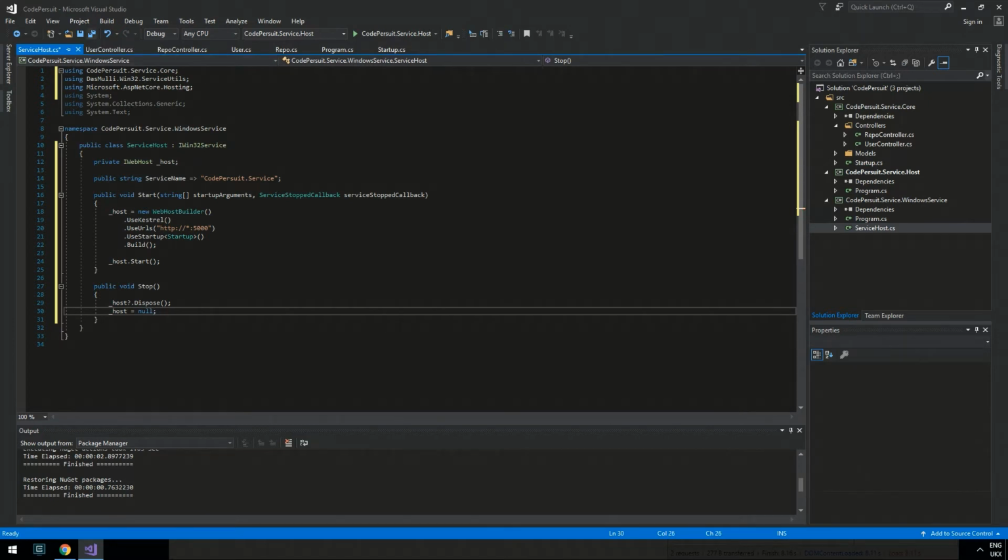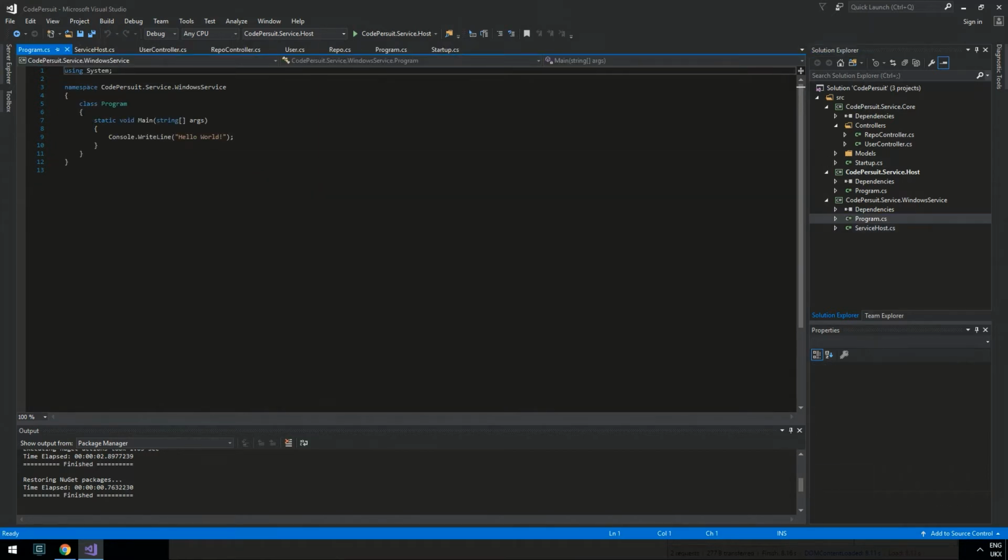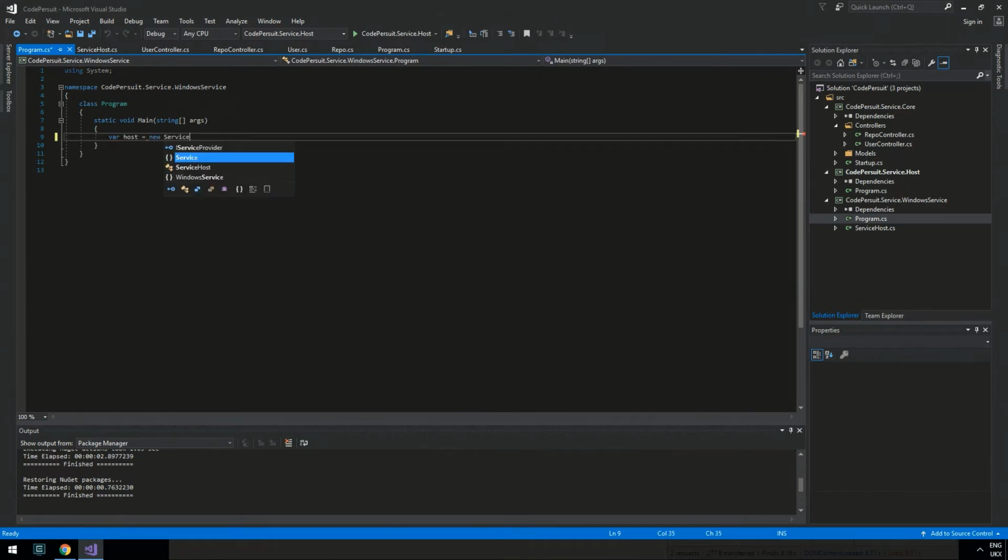Alright, now we'll head over to the Windows service itself. We'll now head over to the program. We create an instance of the service host, and then we create a Win32 host from the package and pass in our host to it. Now this is fine. However,